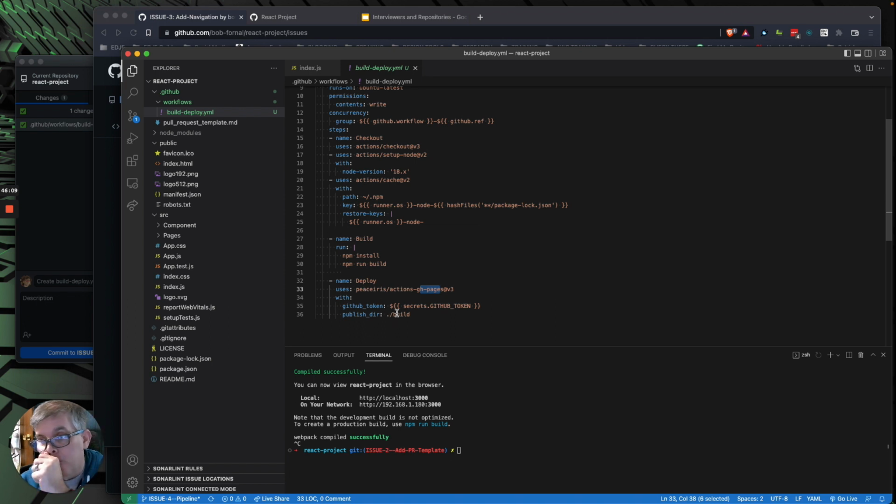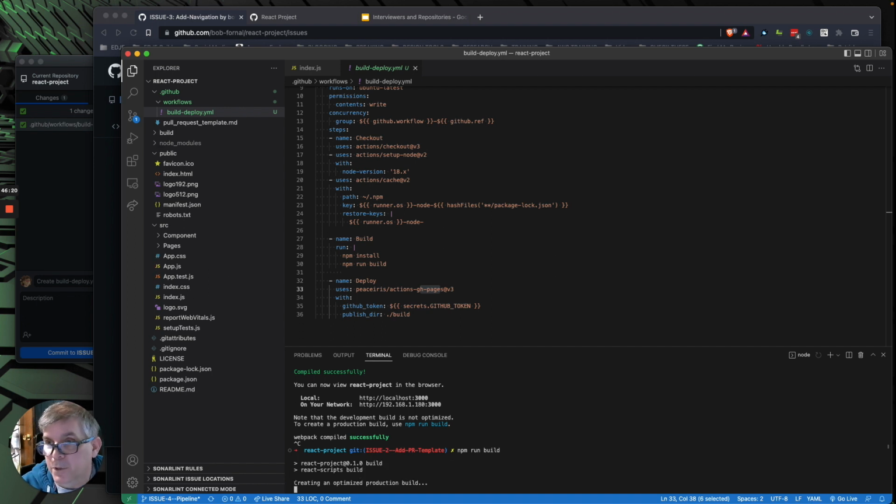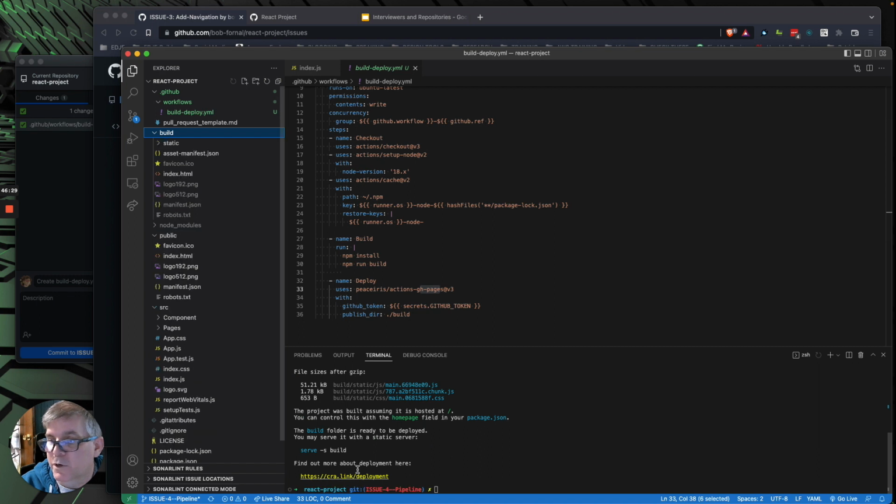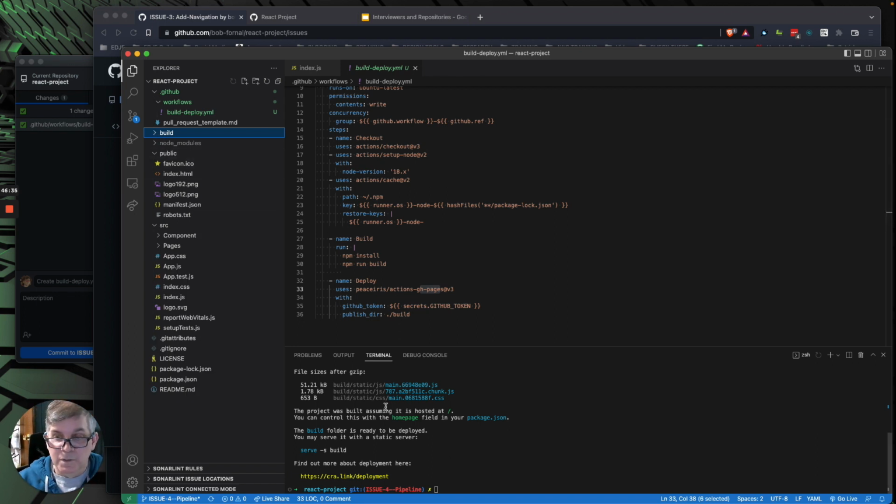Okay. We need to verify what directory it's going to build to. Not hard to do. npm run build. It should be the build folder, but we want to verify. Look, it's the build folder. There's all our build files. Well, some of our build files. Oh, it's still building. There we go. Now it's built. There's all of our build files. Okay. So that goes into the GH pages folder. So we want to verify that.